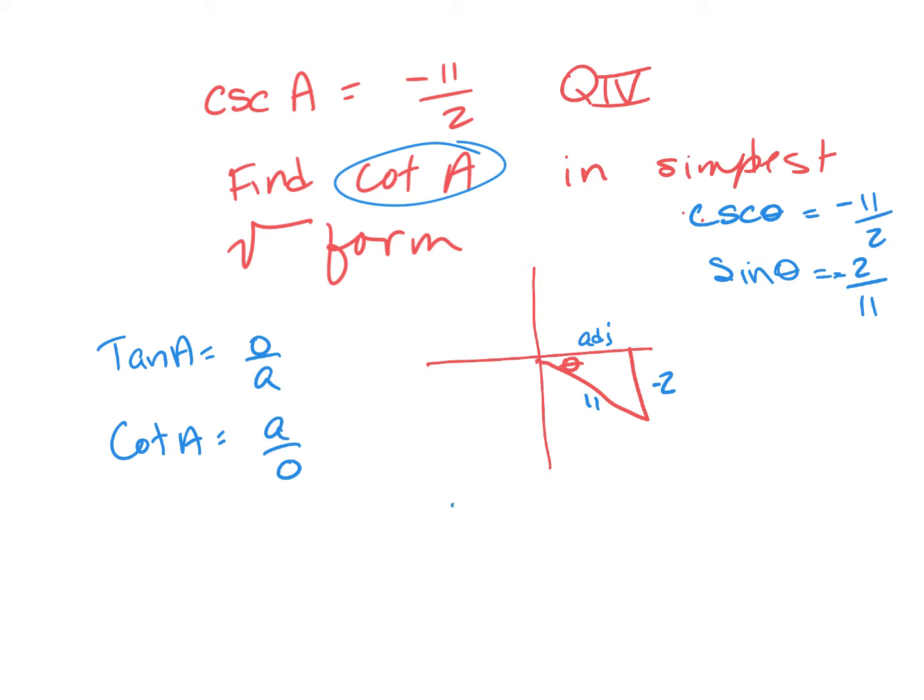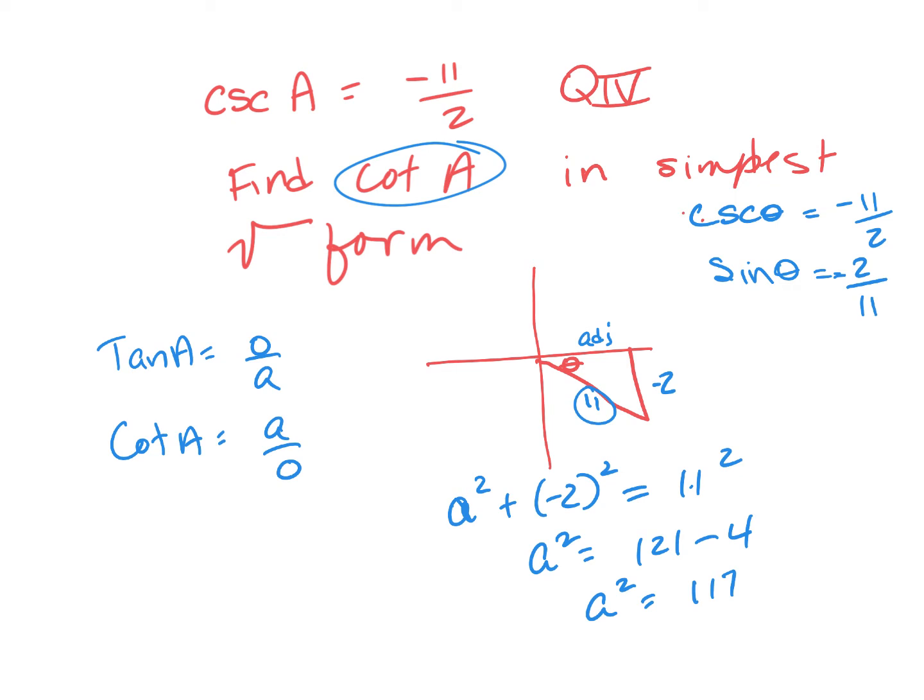So I have A squared plus negative 2 squared equals 11 squared. So A squared equals 121 minus 4. A squared equals 117? Yeah. So the square root of 117